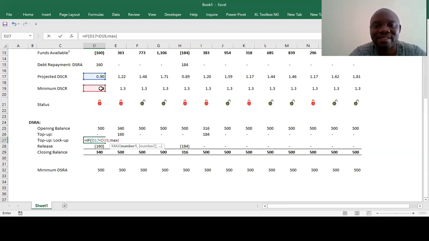But if I was to pick this one, imagine if it was a positive, there would be double counting with the second line on line 26. So I'm saying I'm picking that line minus what has been topped up there, comma 0. So it means that if there is a negative, then it should pick 0. Then we have that.